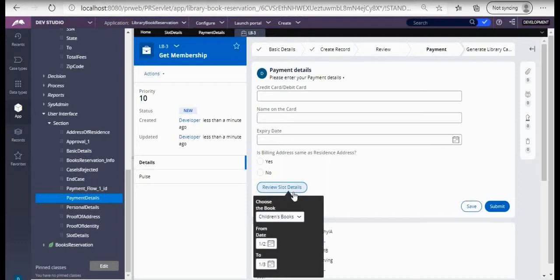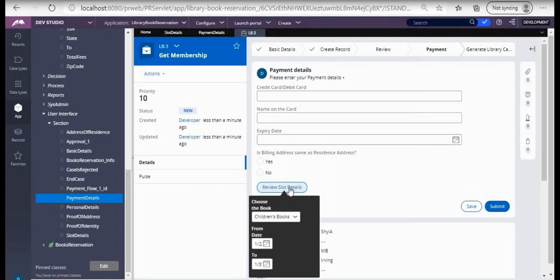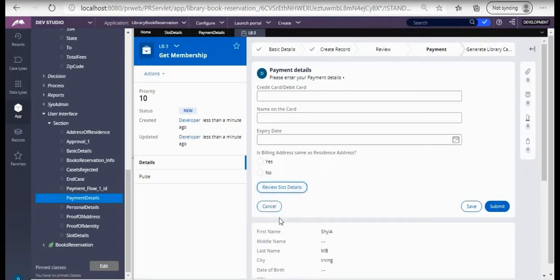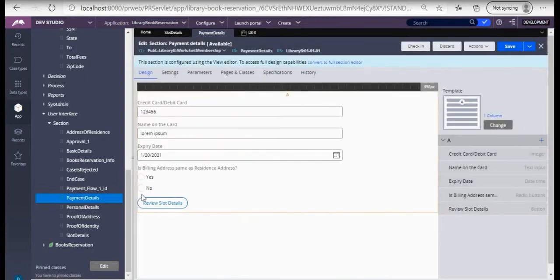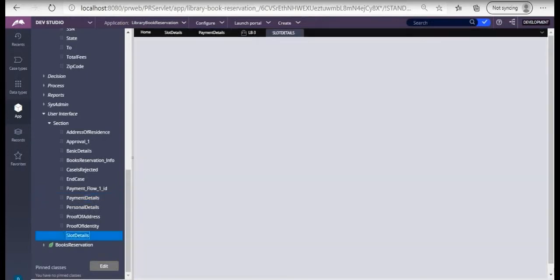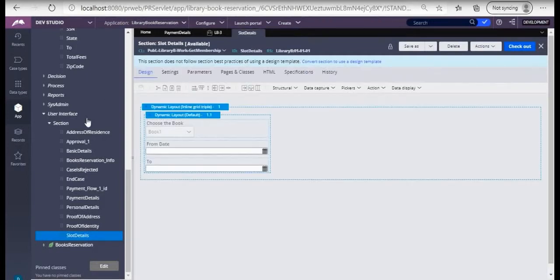Smart tip info. But if you want to change, you can use some other thing here. Okay. So there would be some requirement where you want to change this also. Local action means flow action. Actually, we created a section, right? We didn't create a flow action. So local action means flow action. We created a section, but we didn't create any flow action for this. So what we do? Let's create a flow action. So how to create a flow action?